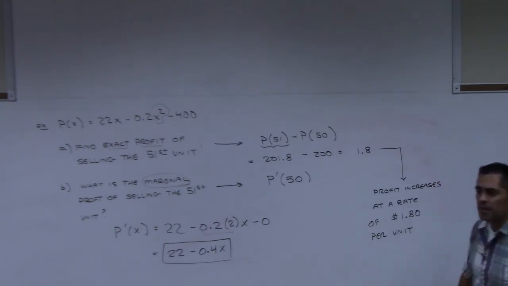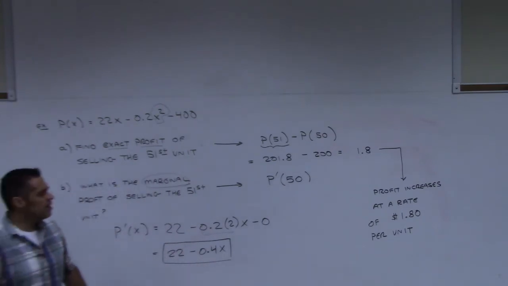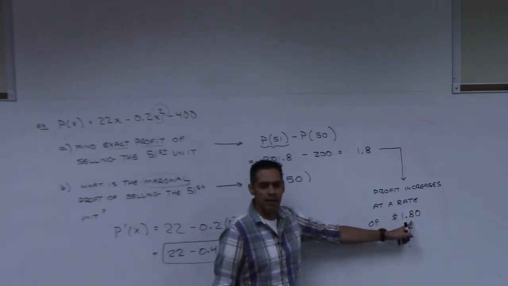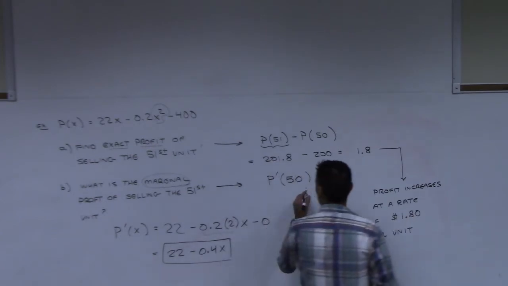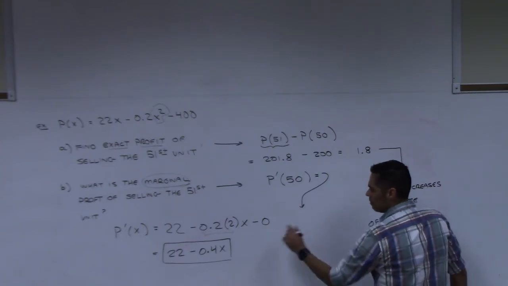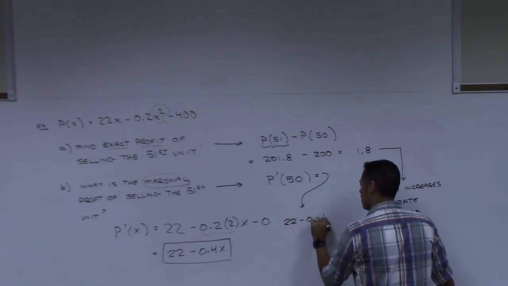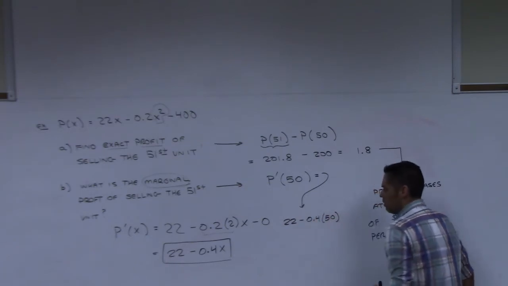Now we just plug 50 in. If we plug 50 in, we're going to get our approximate answer. I'm curious to know how close it's going to be to 180, or 1.8. Let's see. If we plug into this, it's going to be 22 minus 0.4 times 50, which gives you